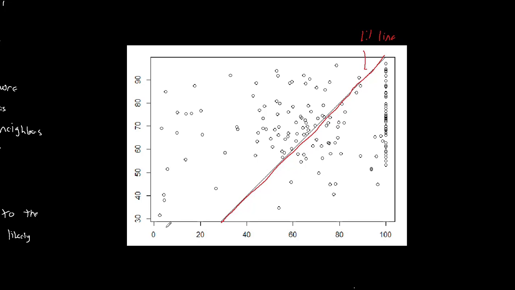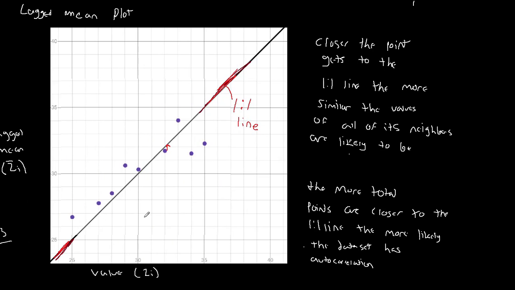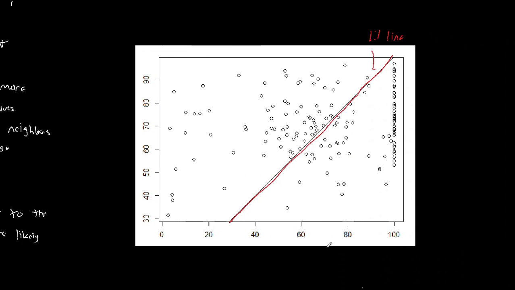But we can see that the data does not nearly as closely follow this line, not like our example did. Just think about how far away so many of these points are from the one-to-one line relative to our little example. So this data set is less likely to have autocorrelation,